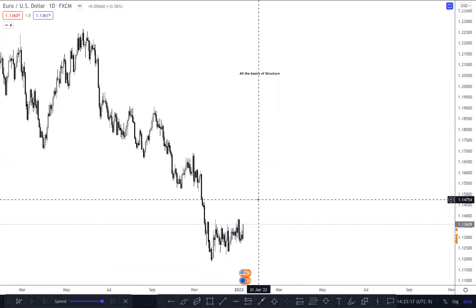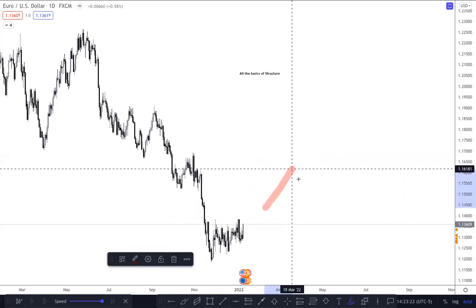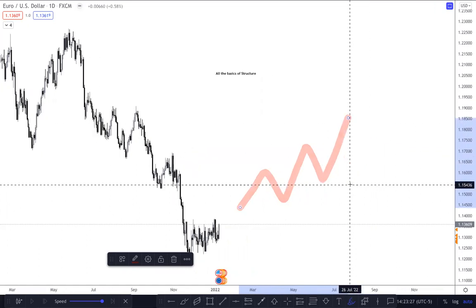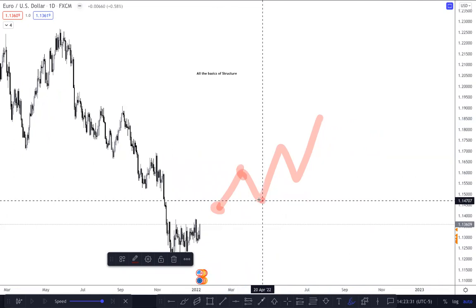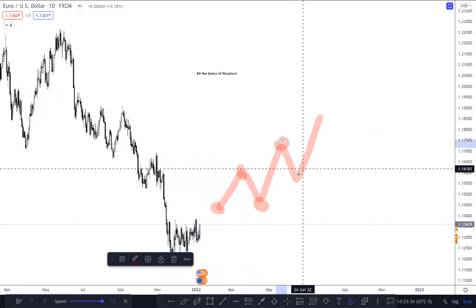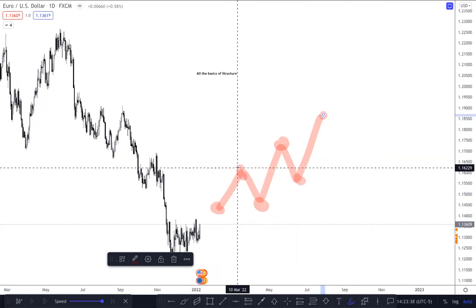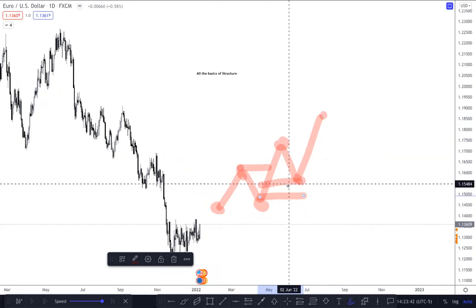Now, how do we mark up structure? A lot of you have probably seen diagrams in the past, which have primarily shown higher highs and higher lows. And a lot of you were probably taught that these are all the extremes, extremes being the outer points of structure, and that once there is a break of structure, we can then trade to the lower extreme within the trend for price to continue,